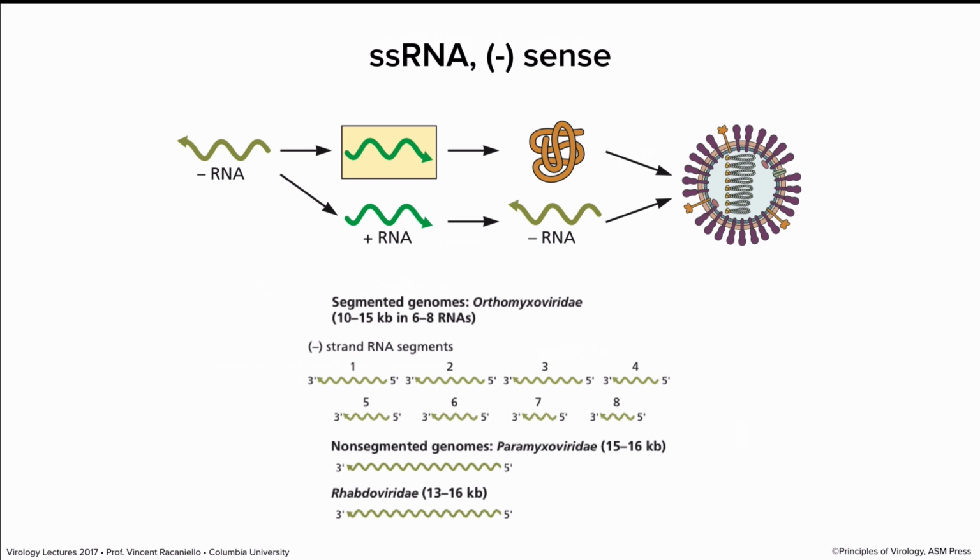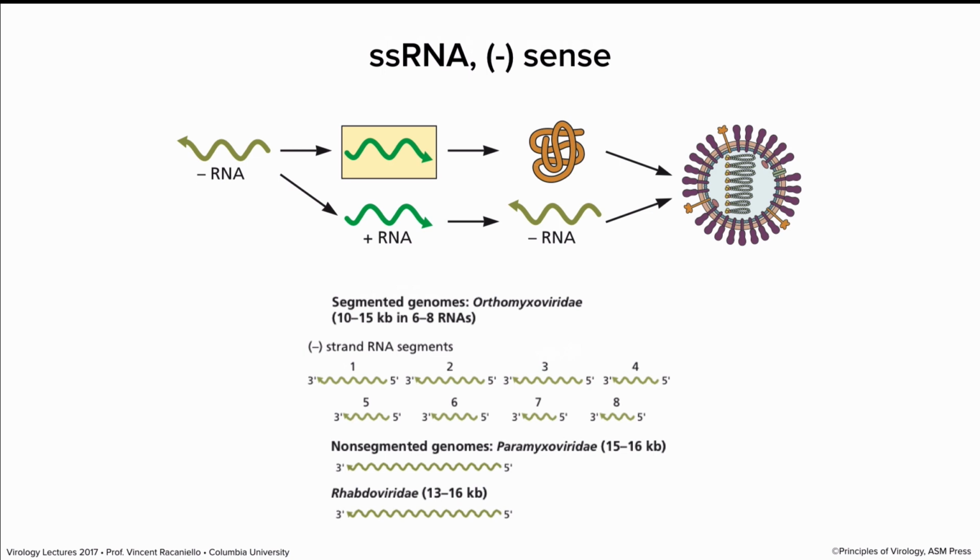So the viruses with negative strand RNA, this RNA comes in the cell. It cannot be translated. The cell cannot copy it. It doesn't have an RNA-dependent RNA polymerase. So again, you can go through this logic. The virus particle must have an enzyme in it so that when this RNA gets in the cell, it can be copied to mRNA. And in fact, all these negative strand viruses carry an RNA-dependent RNA polymerase in the virus particle. Of course, they also encode for the polymerase in their genomes so that they can make more of it in the infected cell. So when these viral RNAs get in the cell, they're copied immediately to plus RNA by the viral enzyme in the particle.